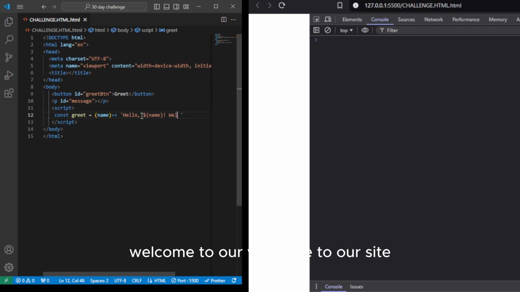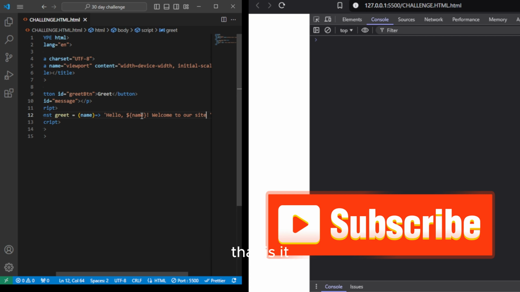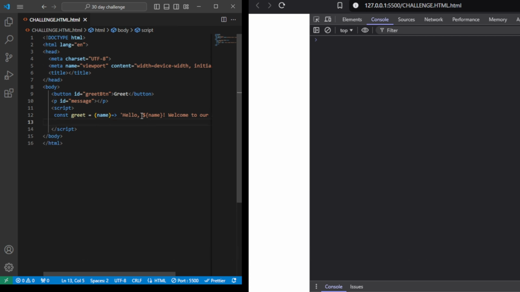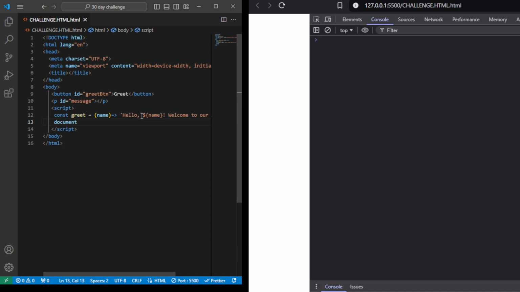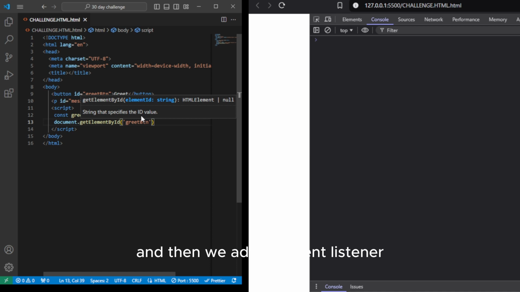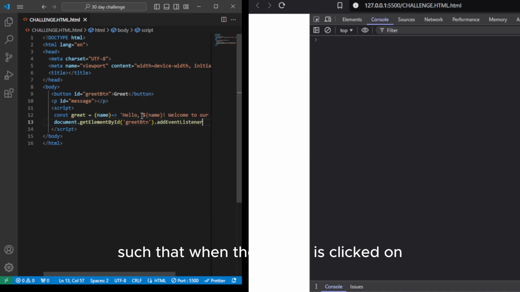Welcome to our site, or our website. That is it. And then we are going to say document dot getElementById, the id greet button, and then we add an event listener such that when the button is clicked, on click, we call the arrow function